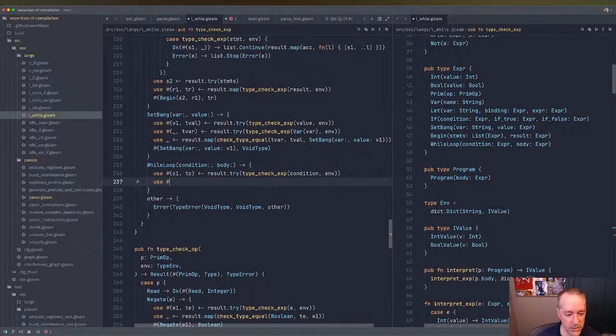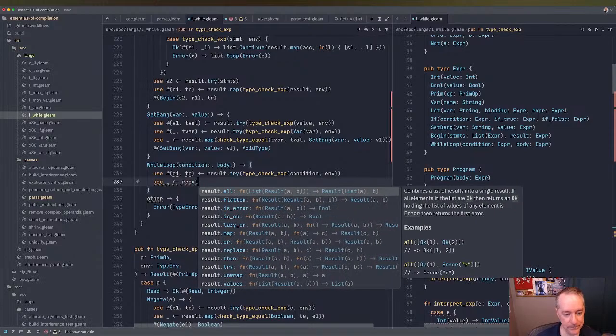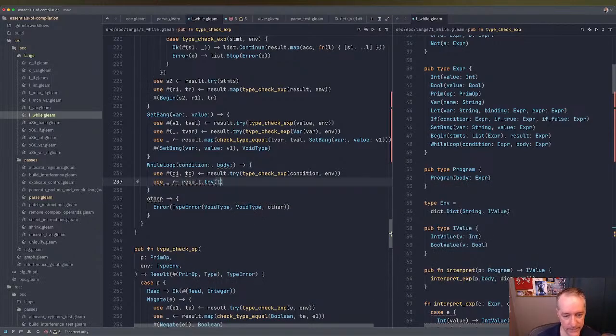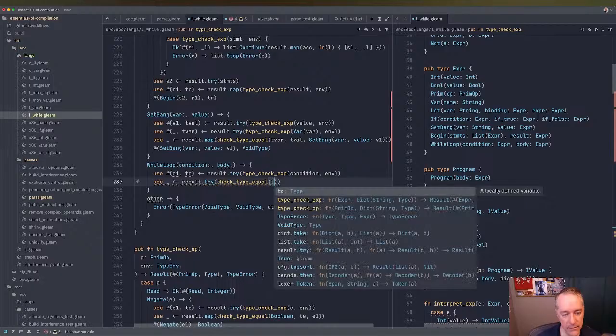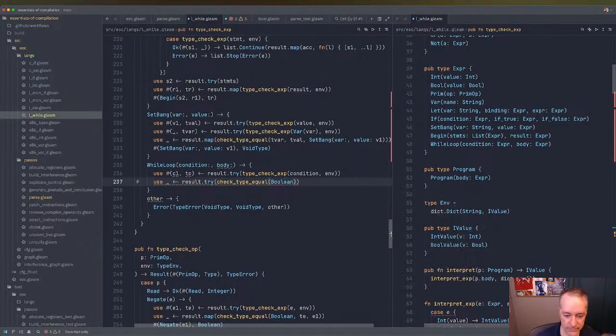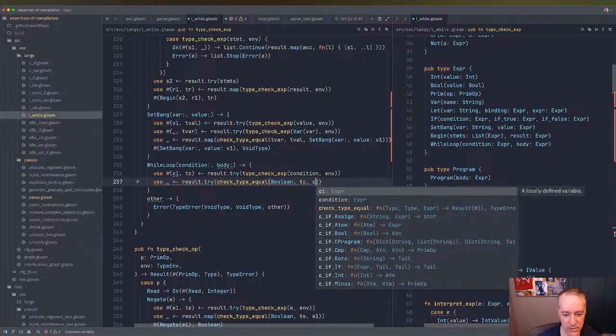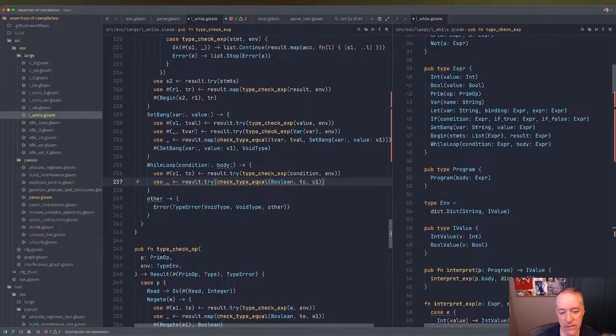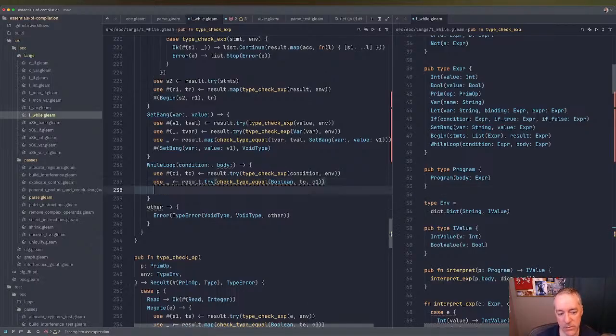And then we need to check that type equals Boolean of TC, and the expression is C1. Okay, so that condition needs to be a Boolean, and then